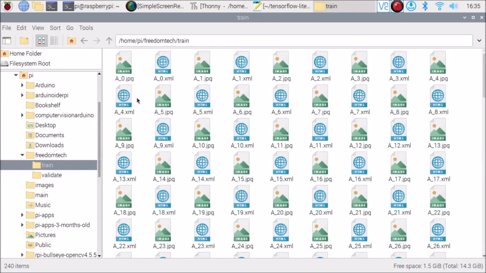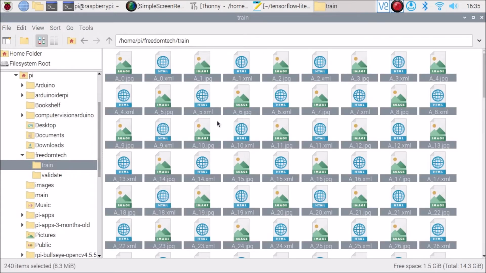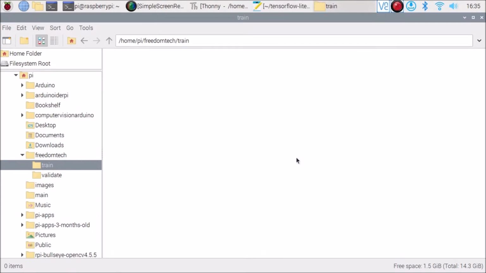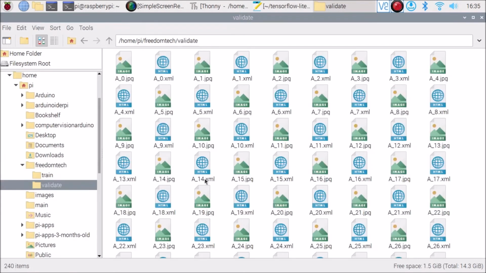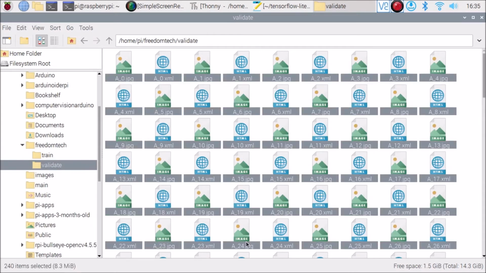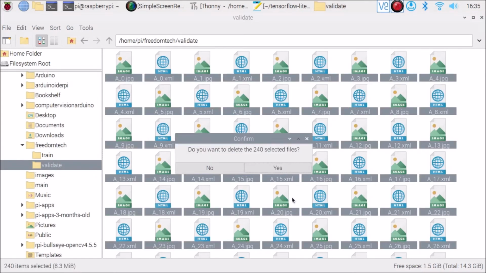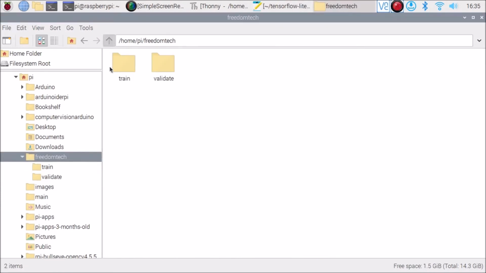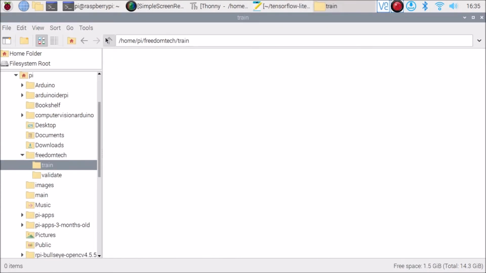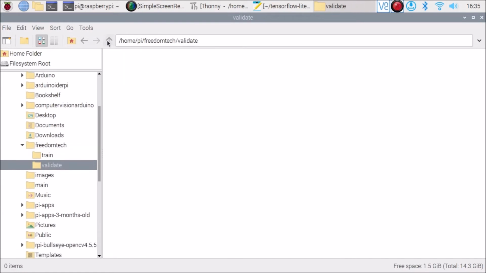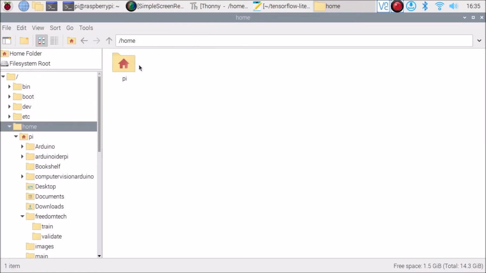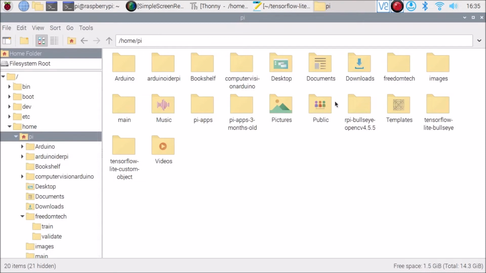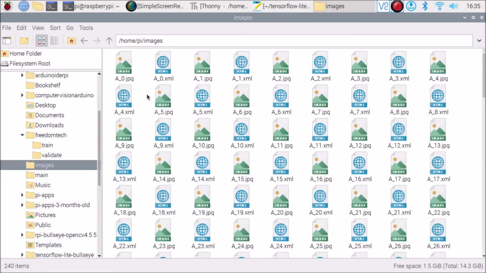So inside that train folder I had already trained some images, so I need to delete these images. Okay, and inside that validate also, so I have deleted all these images from the train and validate folders. So now there is nothing inside the train and validate folders. Okay, so now what we want to do, we have our data inside the images.